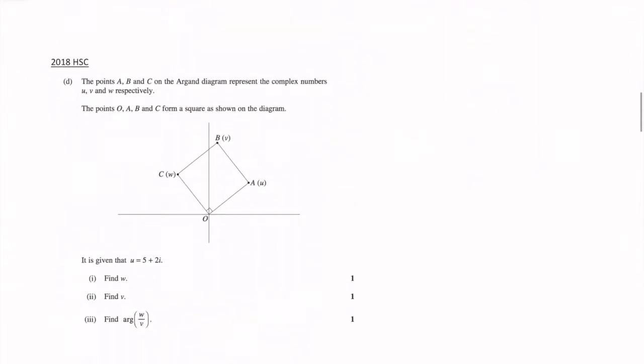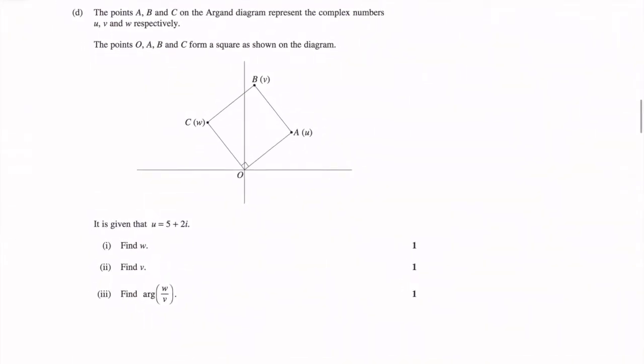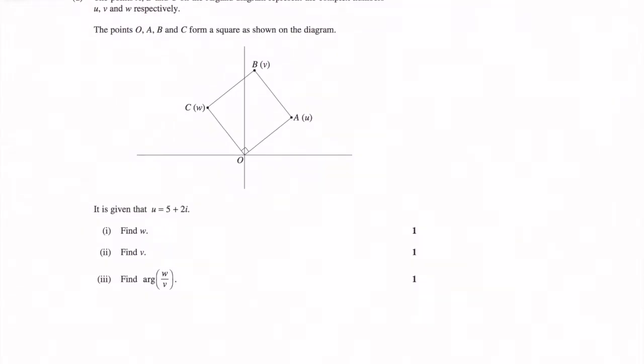Let's have a go at this question from the 2018 HSC. So to start off, we've got the complex numbers u, v, and w. We've got u equals 5 plus 2i. Now we want to find